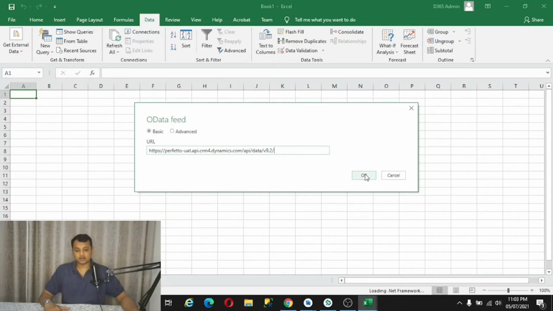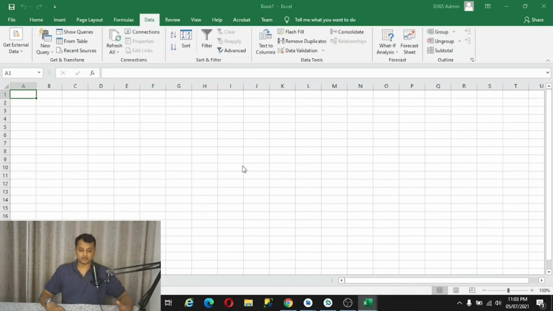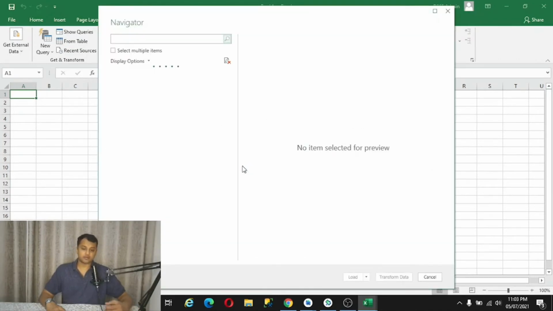Once the URL is pasted, click OK. Now you will be redirected to another screen where you need to log in for authentication. Here I have already done my authentication, so I am presented with all the available entities for me to select, that means all the OData entities which are available to select and fetch data from.